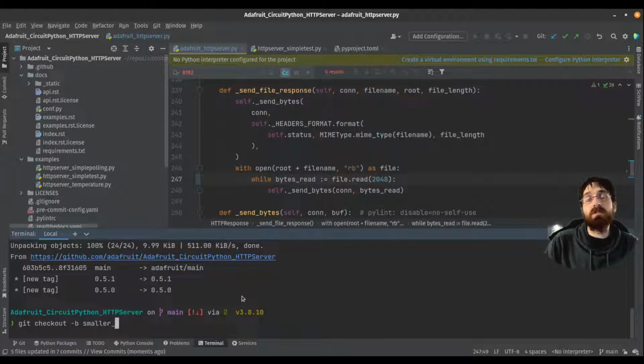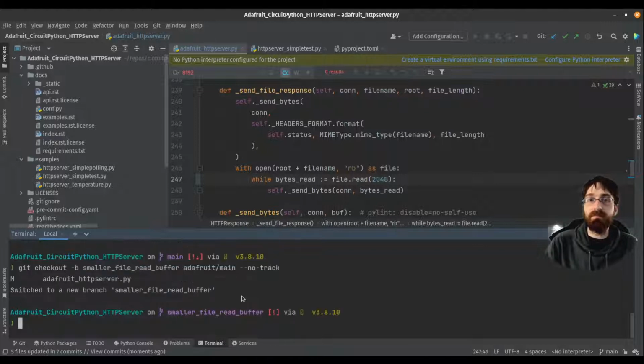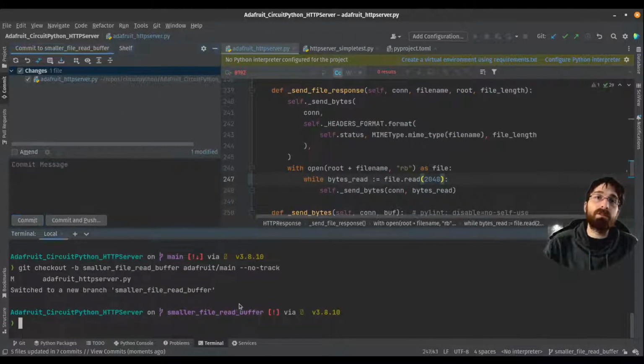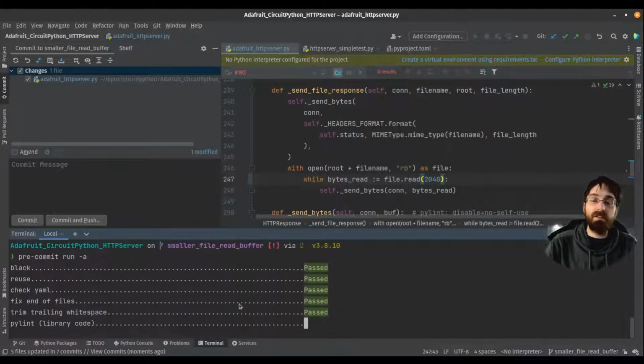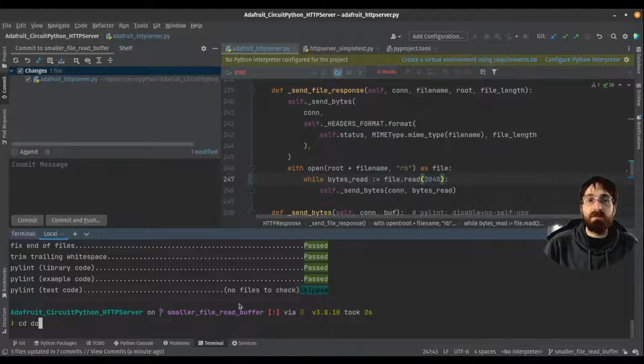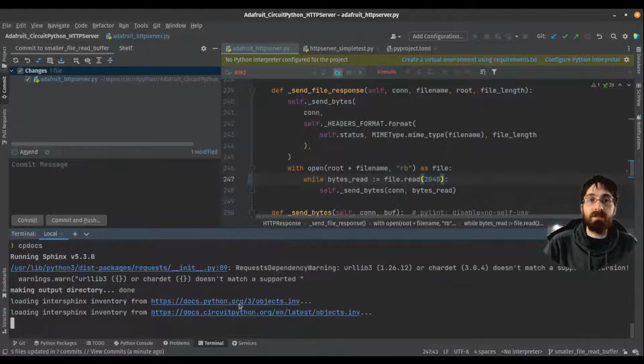smaller file read buffer. From adafruit main, no track. Let's do pre-commit run -a. Docs, cp docs.